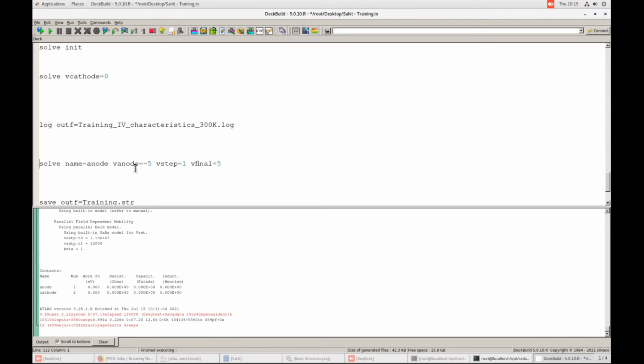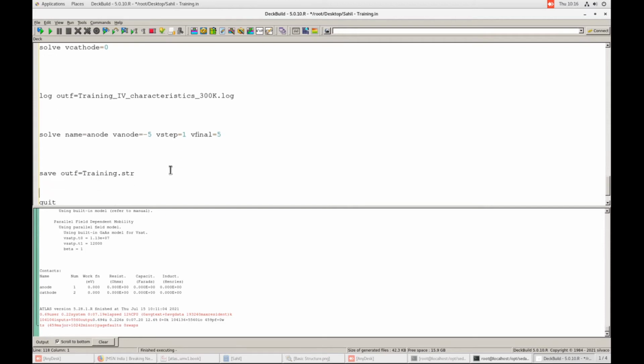So basically what the statement is doing is sweeping the voltage at the anode from -5 to 5 volts with a step size of 1 volt. You can decrease this step size to 0.1 or 0.2 or 0.5 volts based on your requirement, and it will automatically increase the simulation time also. So if you want to get quick results just to see how your device is performing, you can increase the step size and just see a rough graph. And if you want to go to research, if you want to include your simulations in a research paper or something like that, you can do fine simulations after validating that your results are coming right.